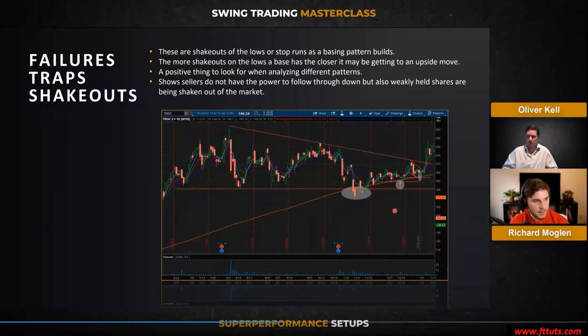Okay. Did you have anything you wanted to add there? I would just say, so like UPST, remember my example earlier where that veteran trader told me if the stock's going to go up 10x, it's okay to wait for it. That's kind of how I view UPST here. I think UPST is in an area right here where you could maybe have tried to buy some Friday, on a lower time frame pattern, just because the risk is so low if you can find a low risk spot. But there's probably better opportunities right now, and if it's going to be the 1,000